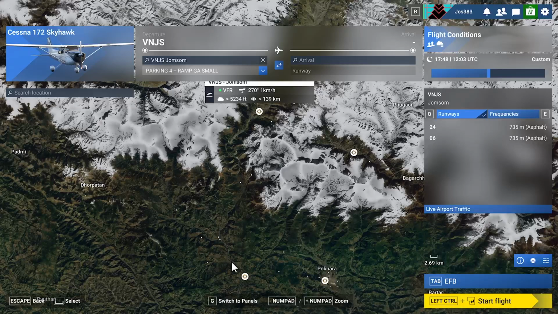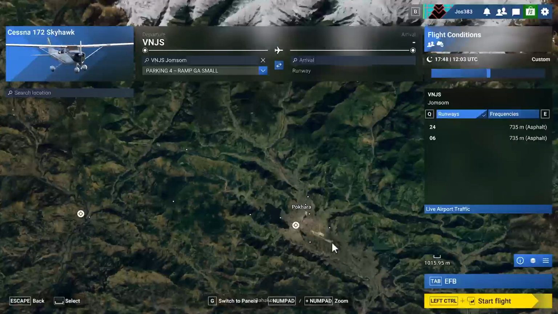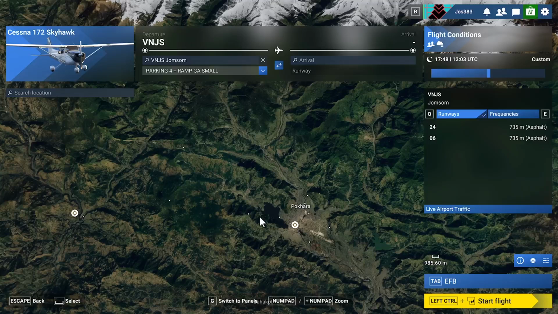actually the way to do it. I'm going to fly from Jomsom to Pokhara, the flight solely by hand, steering all the way and eyeballing it. When I get into Pokhara, I can see here is Pokhara, an airport, but